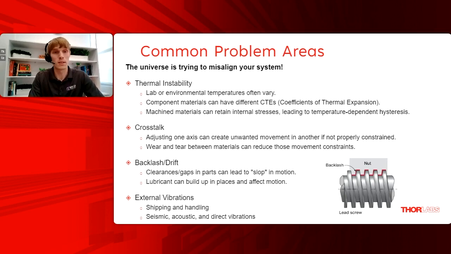When it comes to crosstalk in your optomechanics, this can be defined as adjusting one axis and getting unwanted movement in another axis if not properly constrained. Wear and tear between those contact materials can reduce those movement constraints and over time increase your crosstalk, which affects